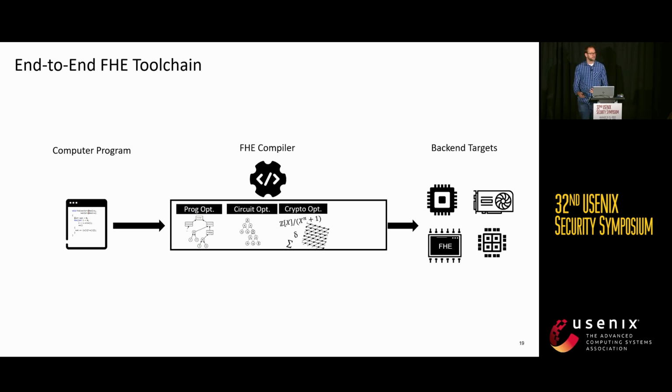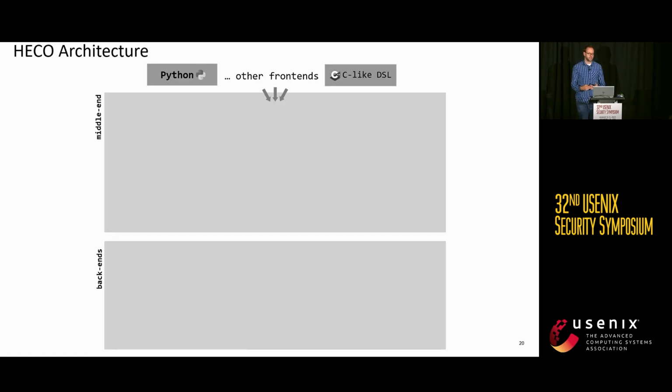Cool, yeah, in order to do this, we need to move some of the underlying math into the compiler, which in turn then allows us to do new optimizations on the cryptographic level, or for example, scheduling in a hardware backend specific way. And in order to realize this stage architecture, in HECO, we rely on the MLIR compiler framework.